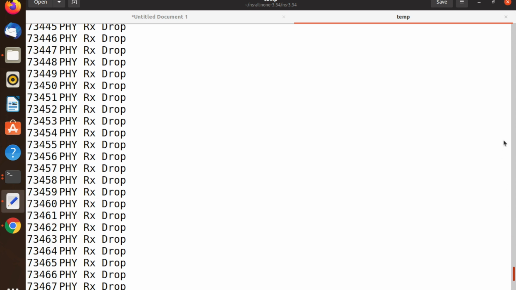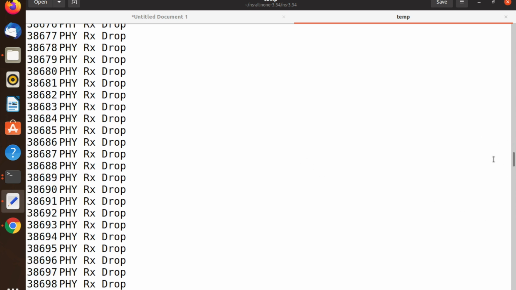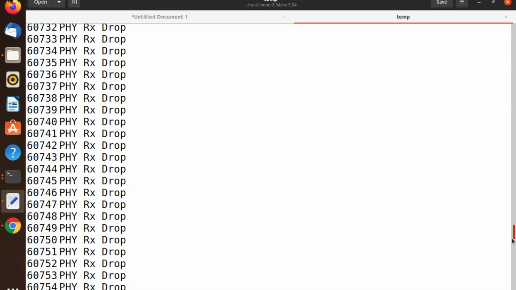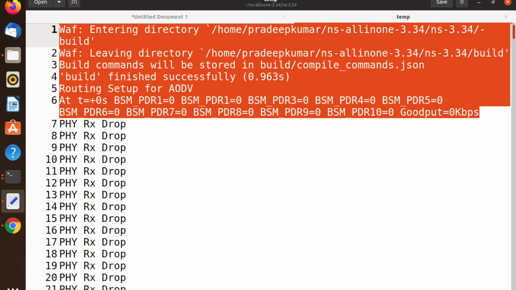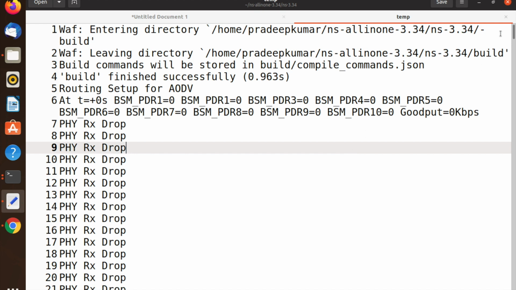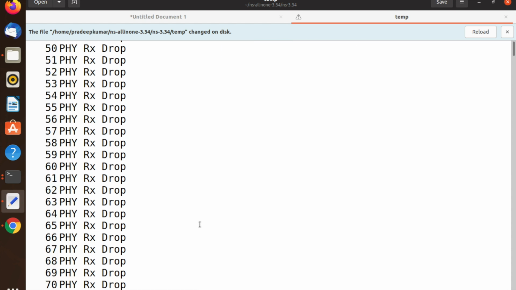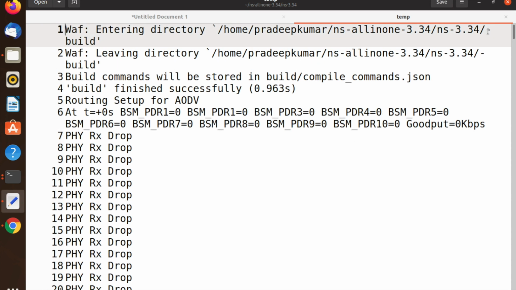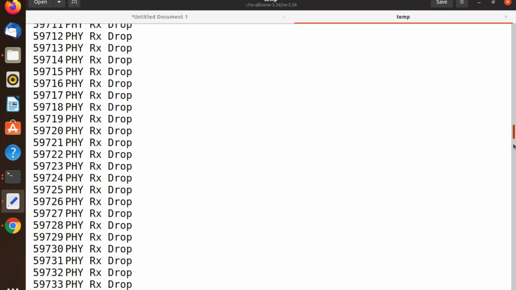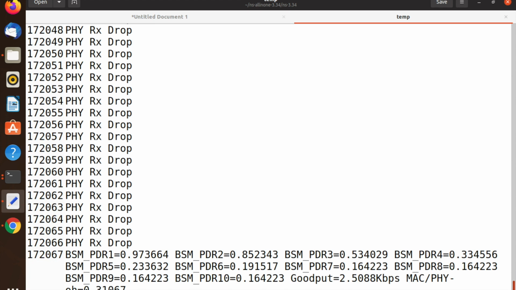You can watch my video on wave routing compare so that you can understand how to configure the parameters given in this wave routing compare cc file. This NS 3.34 doesn't have any issues here. It automatically compiles this file, so it is reloaded. Yeah, you can see, this is how you got the example. Here it shows the goodput and the MAC PHY values. So you can perfectly run this file.